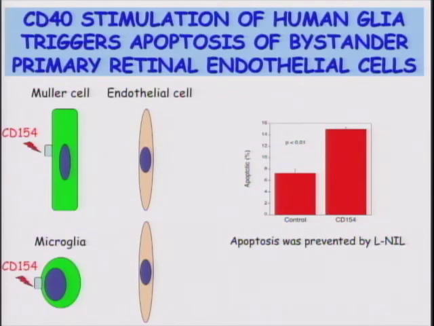And these cells were incubated with primary human endothelial cells at a ratio of 4 endothelial cells per 1 Muller cell. And then we added CD154 to this system. And we assessed apoptosis of endothelial cells by determining expression of annexin 5 and 7-AAD. And as we can see here, in response to CD40 stimulation, there were increased levels of apoptosis in endothelial cells. And in one experiment so far, this increased apoptosis was blocked by adding the NOS2 inhibitor L-NIL. So basically, we have shown that CD40 is a new regulator of